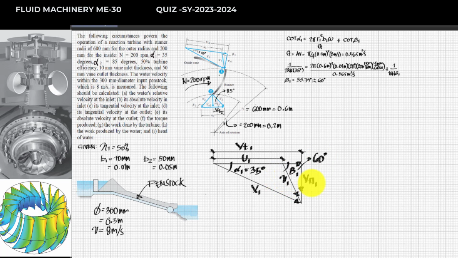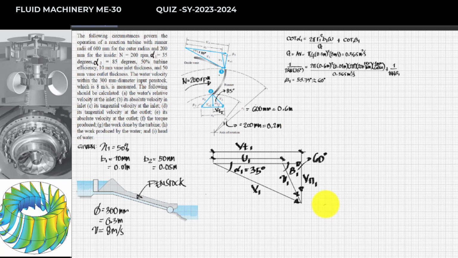Ito yon, no? Now, in order to solve that one, referring to the velocity triangle, since meron na tayong beta dito, ang wala na lang, in order to find that one, since this is a triangle and we need one side to determine ang value ng b sub 1, ang 1 o yung tinatawag nating hypotenuse in terms of a right triangle, no? So, yun ang problema natin, we don't have the b sub n1, no? Remembering, no, from my previous lecture,